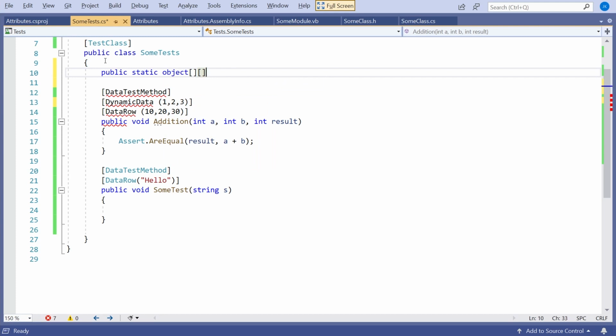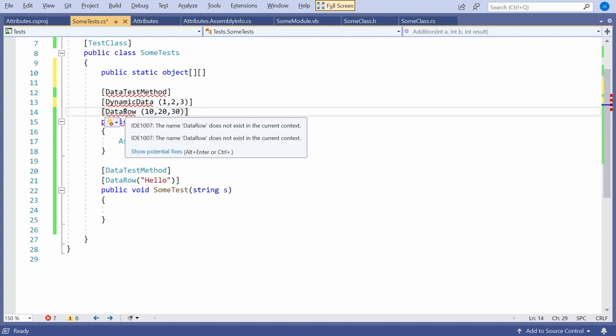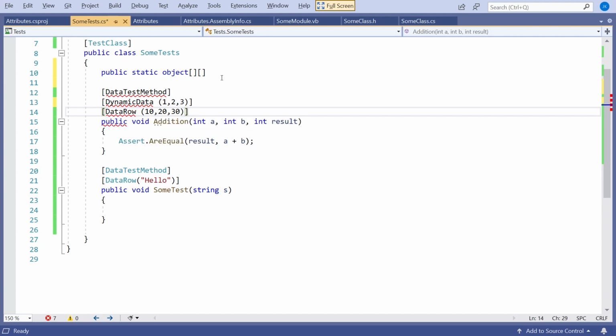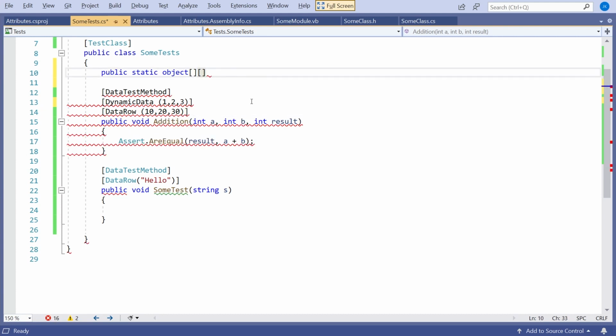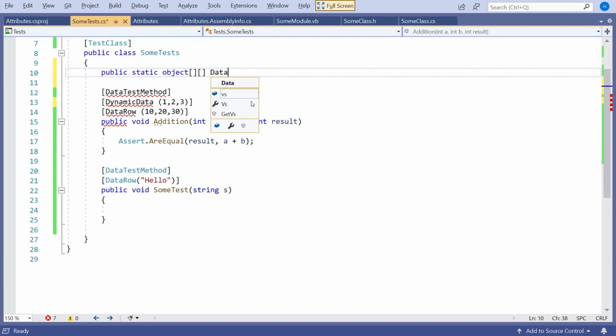The reason is we need multiple parameters for the equivalent of each data row, so that's one of the arrays, but then we need multiple data rows, so that's why we have an array of arrays. So we will get one array for 1, 2, 3, one array for 10, 20, 30, and so forth. We'll call that data, let's say, and then we make that a get-only property.